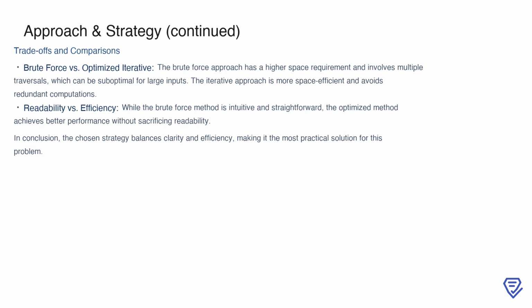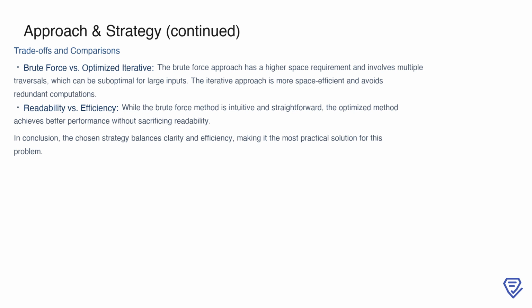While the brute force approach may be easier to understand initially, the optimized method strikes a better balance between clarity and performance. By eliminating unnecessary storage and computations, it becomes the more practical choice, especially for larger inputs. Ultimately, the chosen strategy demonstrates how careful consideration of efficiency and simplicity can lead to an ideal solution for the